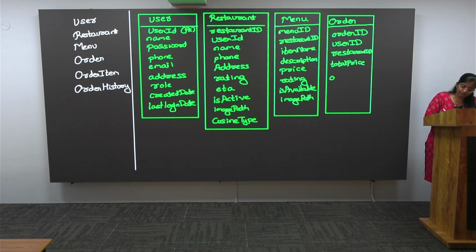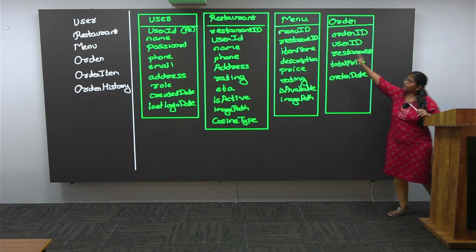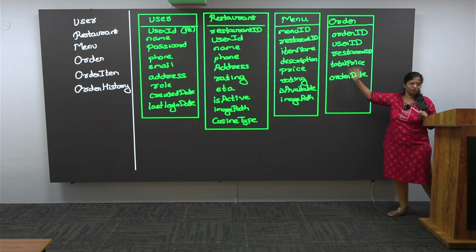Next, order date also. Okay, next, anything else? Estimation time. Anyway, the restaurant access you have, there only we have specified, because the restaurant and this particular order are related, you will get to know. Next,